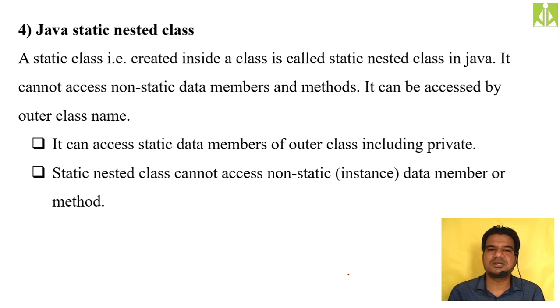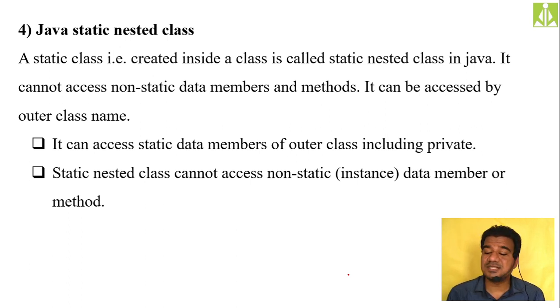So quickly go and see what additional concepts we have. The last concept in this static keyword is the static nested classes. It is even possible to put a static class within another class. We call such a class a static nested class in Java. So a static class that is created inside a class is called a static nested class in Java. When you are creating a static class, it is nothing but the static context.